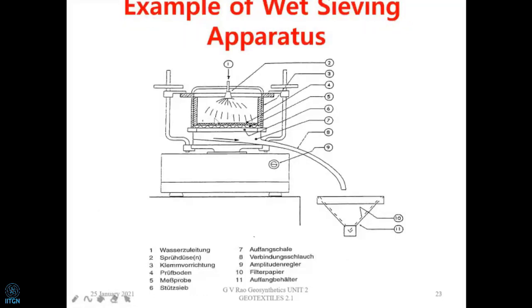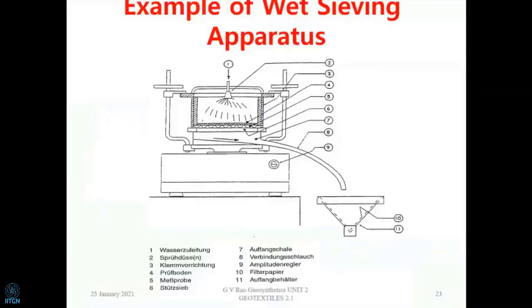So we have this container, let us say. At the bottom, there is a mesh just to hold the geotextile. Now we place the glass beads or known soil size particles, and then we have a spray of water on this. When you are spraying, we are ensuring that the finer particles go through, and these are collected in a funnel with a filter. So we find out, based upon the particles placed, how much is retained and how much is passing through. By repeating this process for different size particles, we can find out what is called the opening size